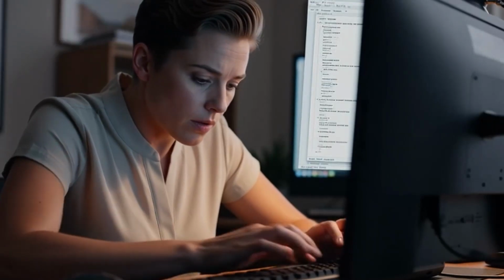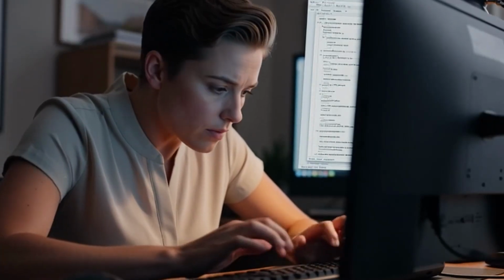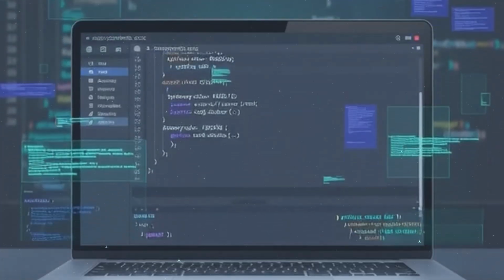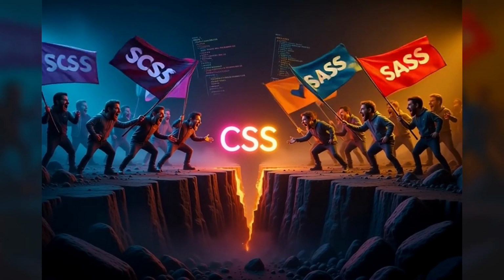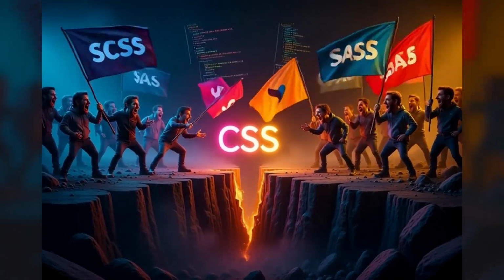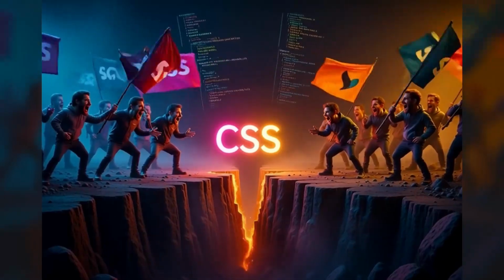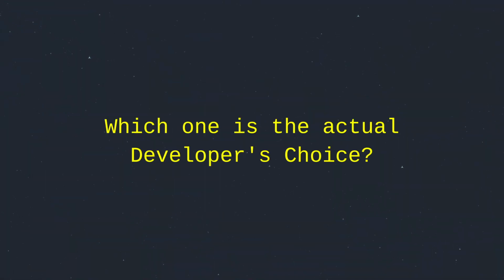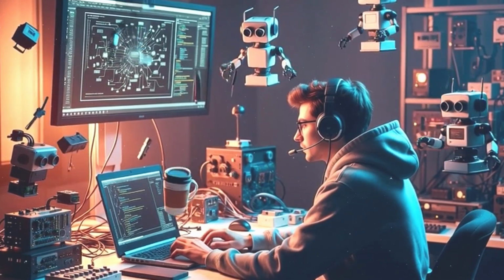If you open a 6-month-old project, open the style sheet and realize you didn't write the code, you're looking at a crime scene. CSS does not scale well on its own. It gets messy. That's why we use preprocessors. But here's the divide that split the front-end community in half: Sass versus SCSS. Which one is just a hipster trend and which one is the actual developer choice for building scalable and maintainable